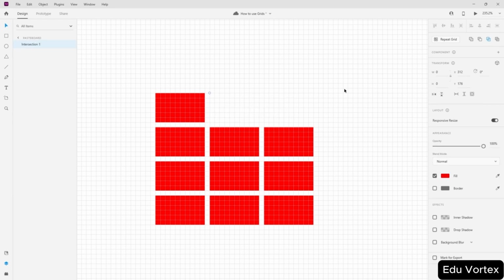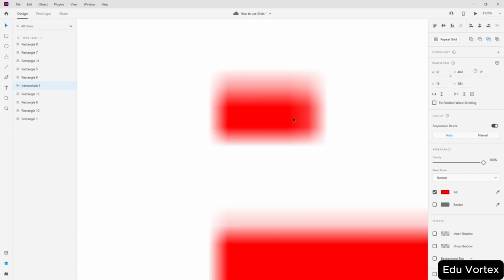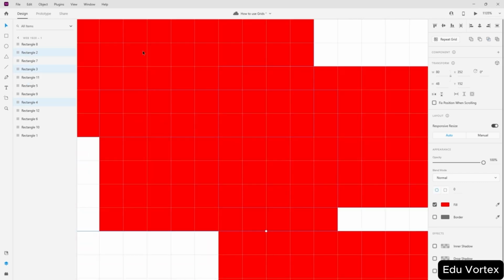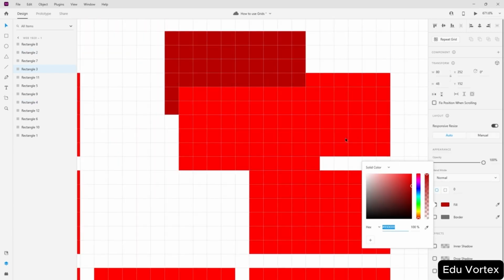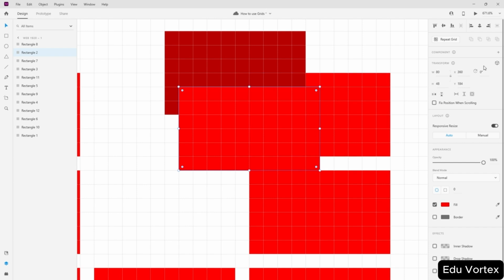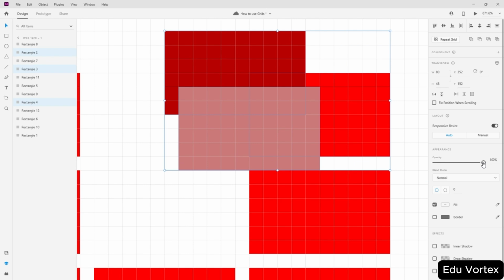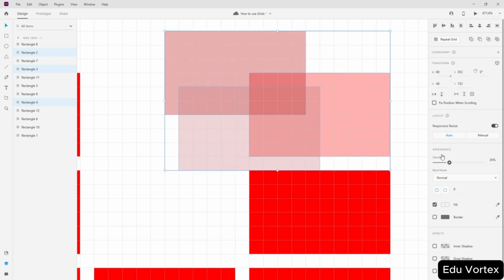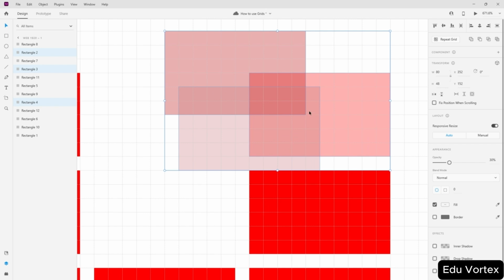If I intersect these three objects, the intersection will happen over them. To further explain, let me change the fill colors of each and every one of these objects and then set the opacity to, let's say, 30%. You'll see the intersection between these three objects is this small